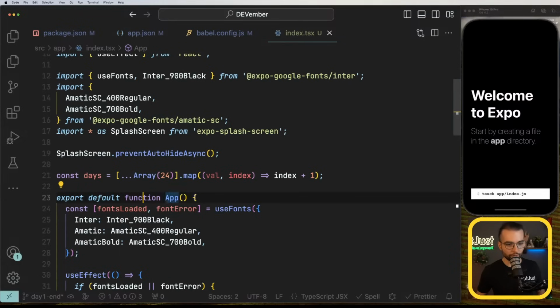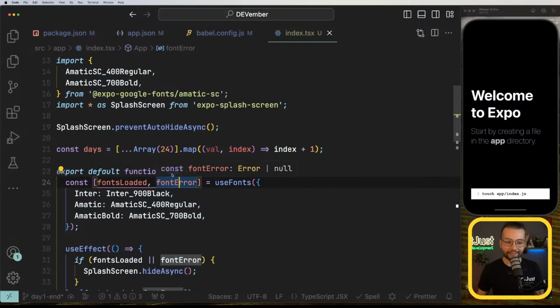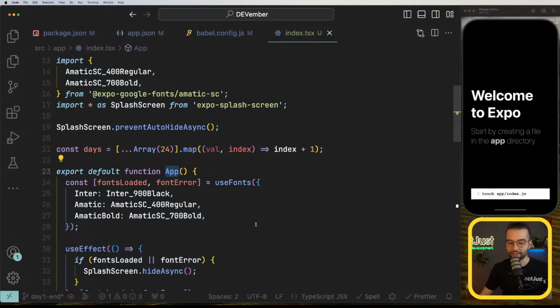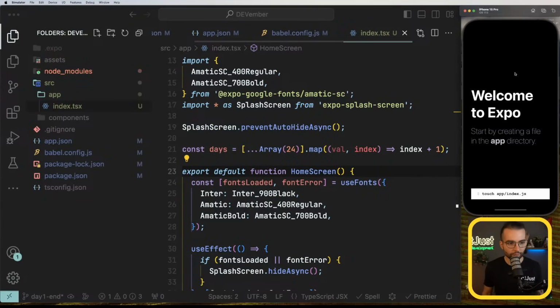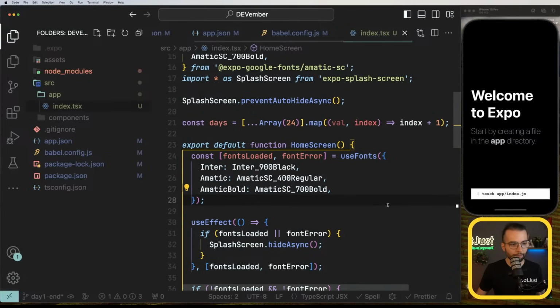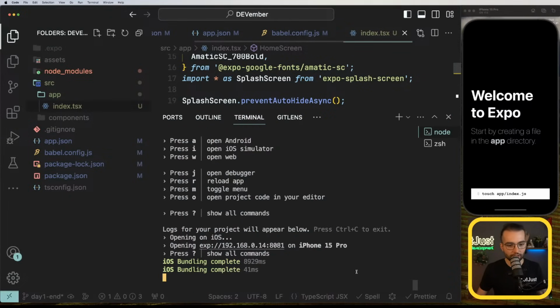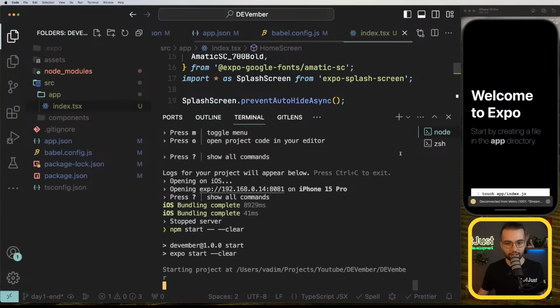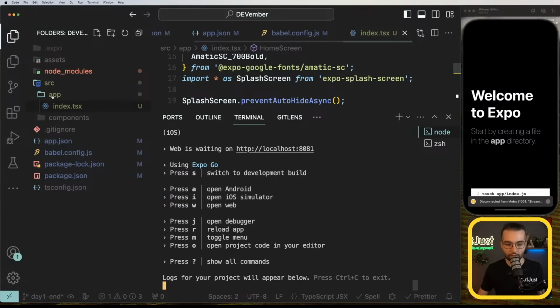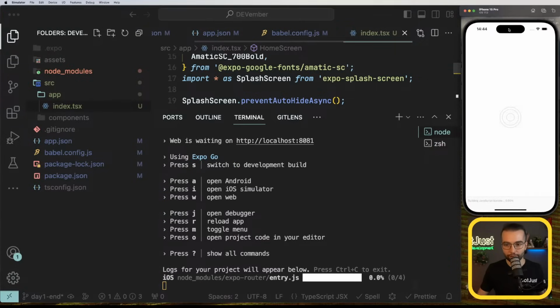We are exporting a default function. Let's not call it app because this is misleading. This is not the whole application. This is only one screen, and this can be home screen. Let's save and let's refresh the application. Still something doesn't work. Not sure why, but let's go ahead and stop the server, start it again. Maybe Expo Router didn't take the newly created app directory. Now if I refresh,